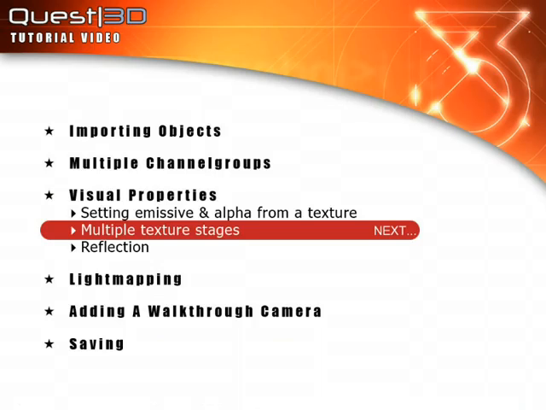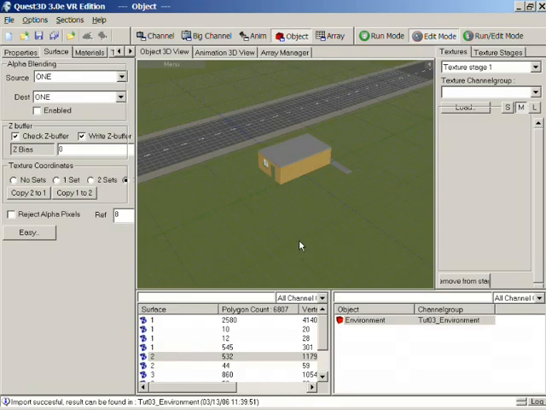We'll now look at using multiple texture stages. So if we select the grass surface by clicking on it, we can now check in the window here